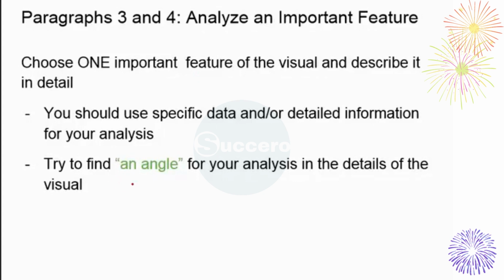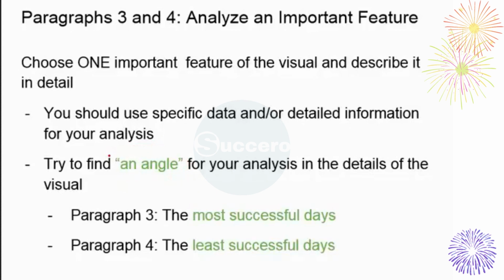My advice is to find an angle. An angle is a perspective on the data that is interesting to you. I think for our example visual that we have in this lesson, one way you could get an angle would be to look at the most successful days for each company and the least successful days for each company. And that could be my angle. And what I would do is go back to the report and find some detailed, specific numbers to report about for those angles that I'm taking in each paragraph. For each of these paragraphs, you should write 3 or 4 sentences,